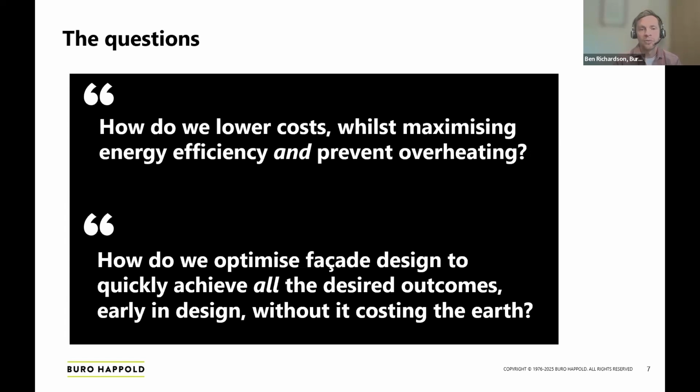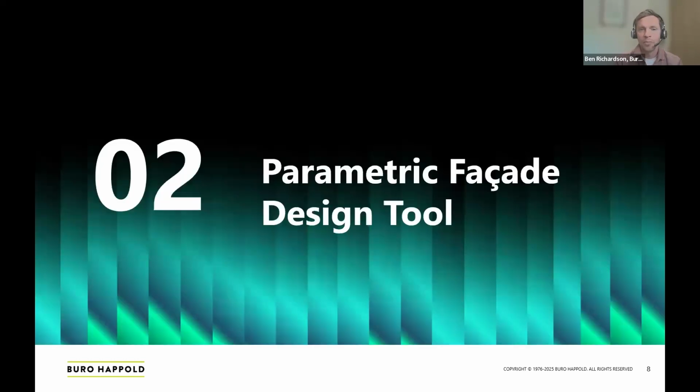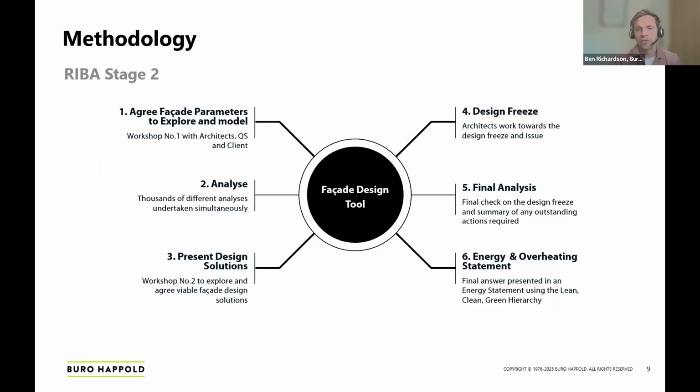So it's these questions we set about answering 4 years ago, and we lobbied Buro Happold to invest in a research project that we've now seen the fruits of, and we're applying it, or we have applied it now on 3 or 4 specific projects. And it's called our parametric facade design tool. And I think this is the direction of travel for a few consultancies, generally speaking. But what it is